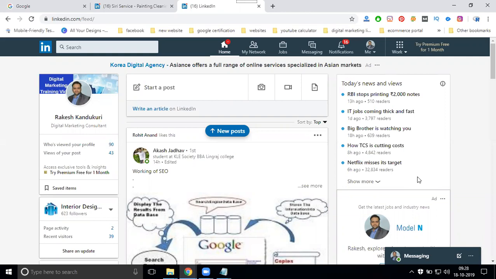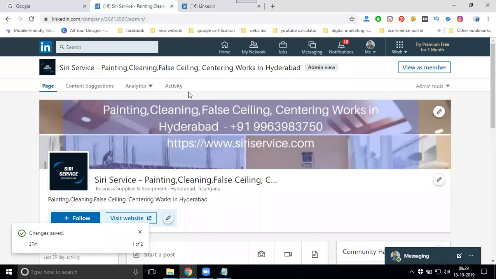I have to post for every member, so I can't share my LinkedIn login and password. That means whatever page you design, you can give access to n number of users. The option is called go to company page on LinkedIn. So in the company page on LinkedIn, the option is called